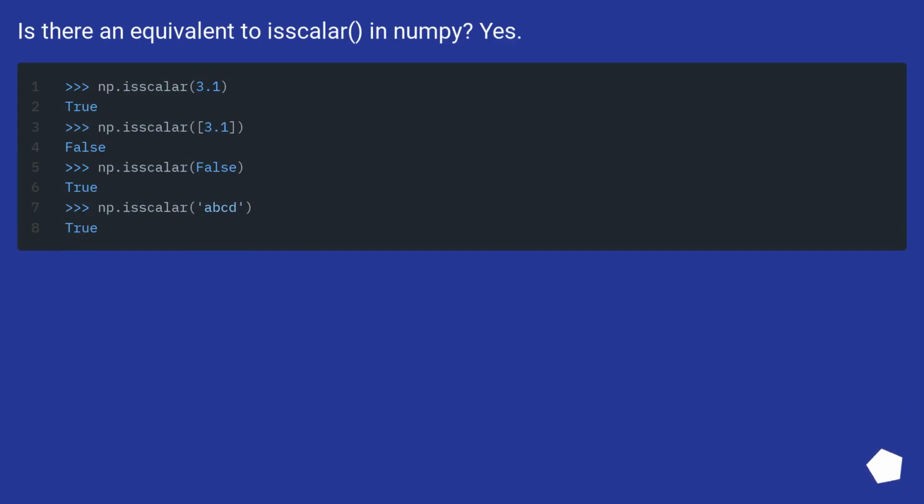Is there an equivalent to isscalar in NumPy? Yes,